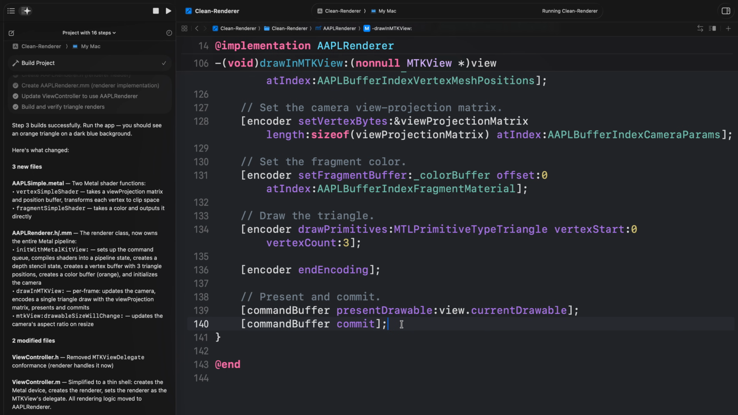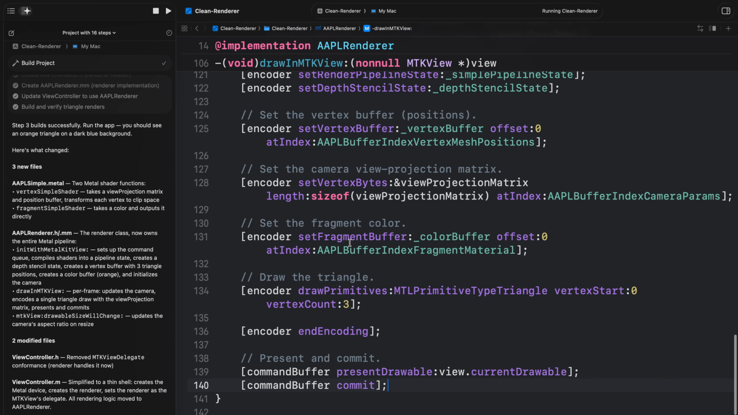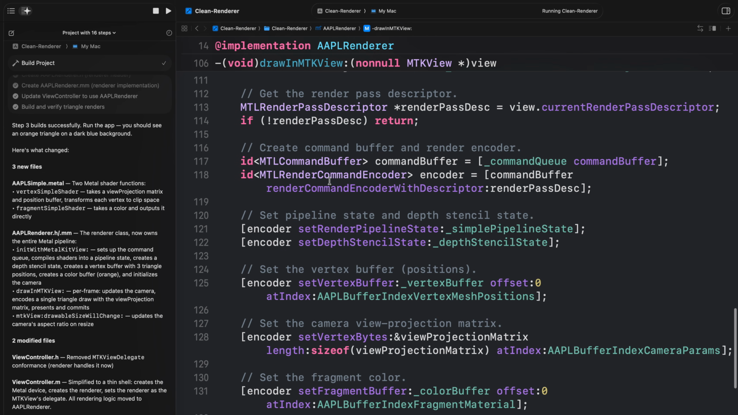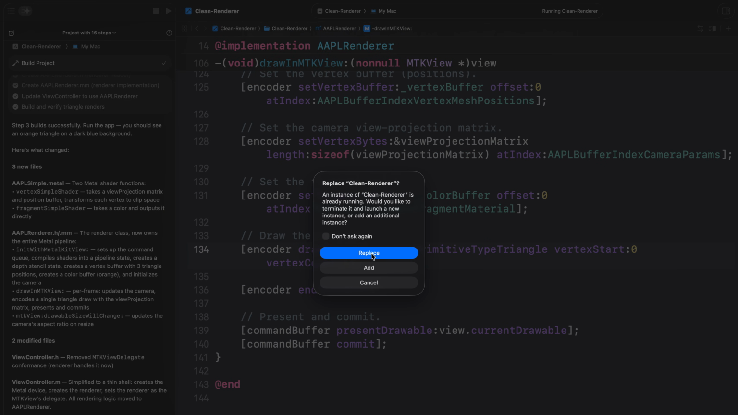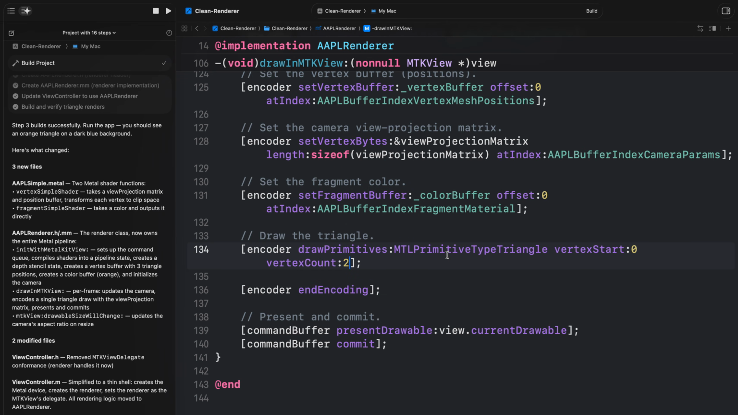But what I do want to do is play around with the vertex count, okay? So remember, this is the encoder now, where we're encoding stuff and handing it off to the GPU because we're committing the command buffer and stuff. But what I'm going to do is mess around with the draw triangle. So instead of it being 3 vertices, I'm going to do 2 vertices. And we're going to just replace, and we should get our